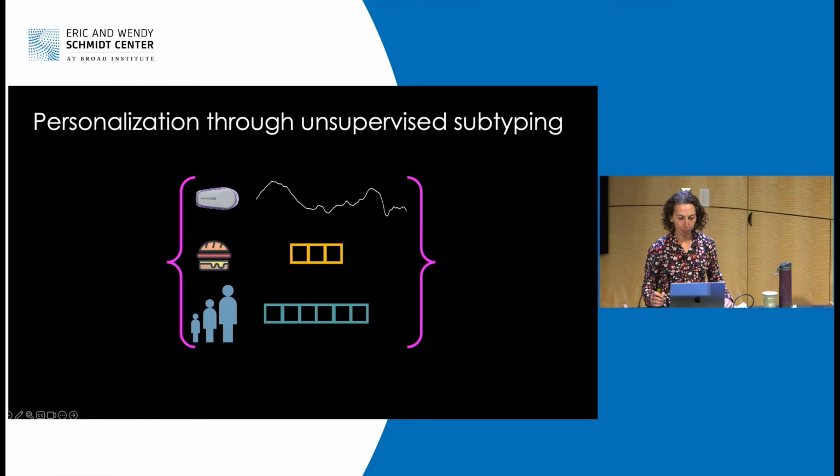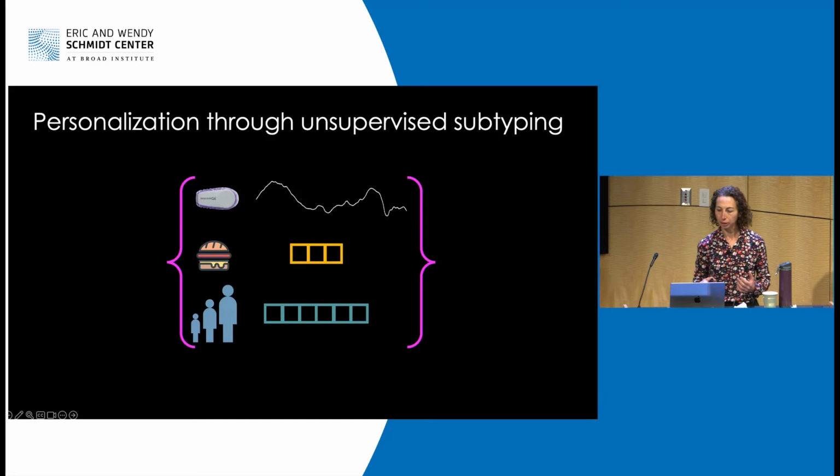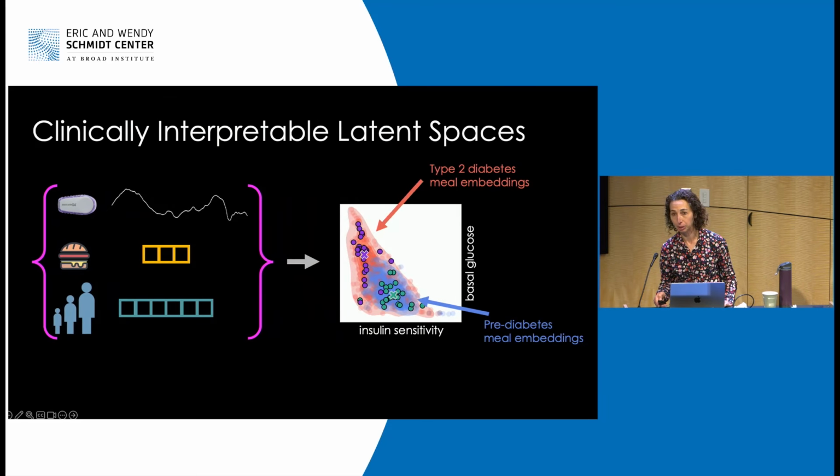And I'll just describe very quickly one other area where we've leveraged this type of hybrid modeling for unsupervised representation learning with the goal of subtyping patients. So patients have very highly varied responses to what they eat, and to better understand different interventions that we may want to give or disease progression, we'd like to be able to subtype patients in some low-dimensional embedding space. So we take our high-dimensional observations and we embed them in some low-dimensional space, and then we can think about clustering to define these subtypes or define axes of disease progression.